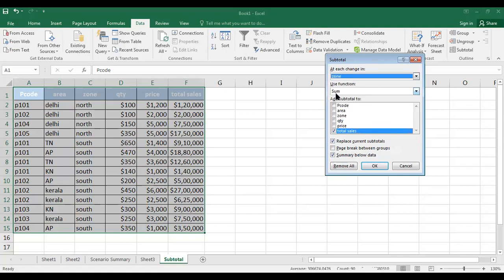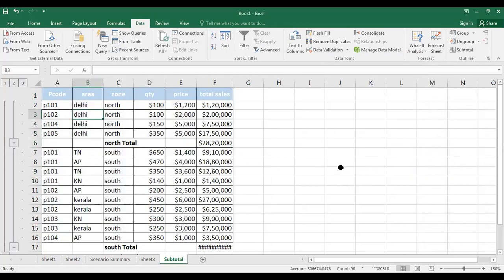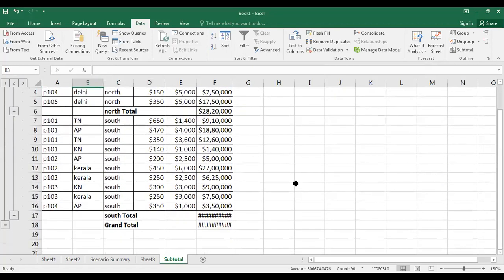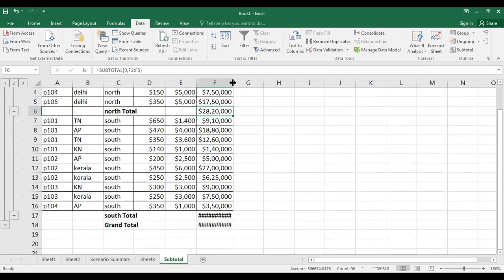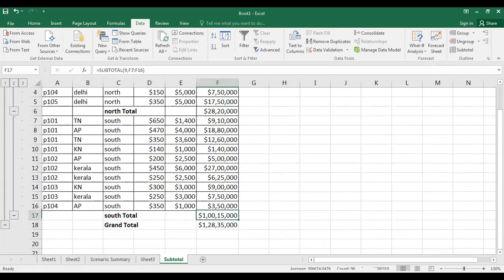I want to know the total sales for north and south. I'll click okay. You can see it's divided into north, south, like a grouping. So I got the total sales for north, the total sales for south. Extend this. Now you can see what the overall sales is.